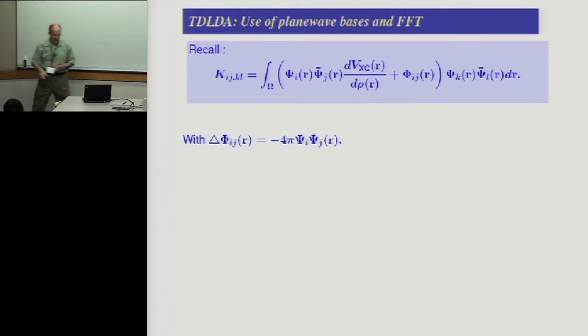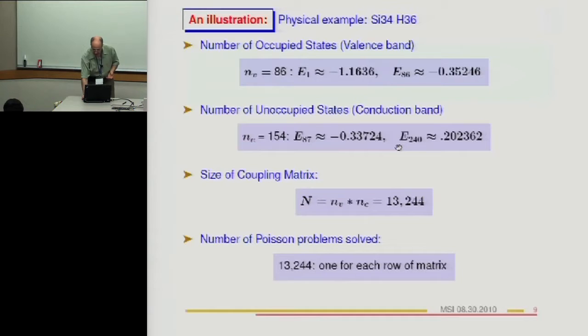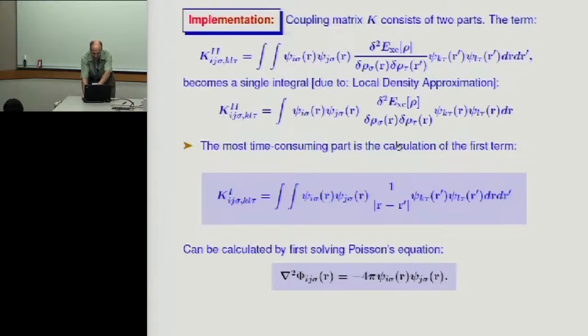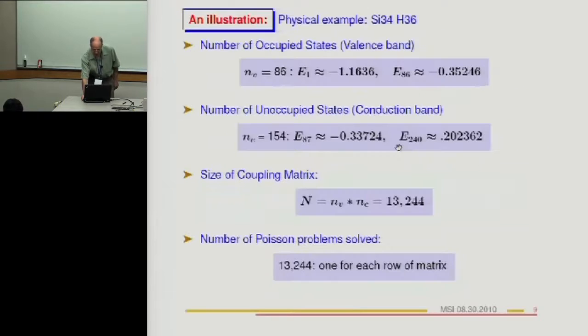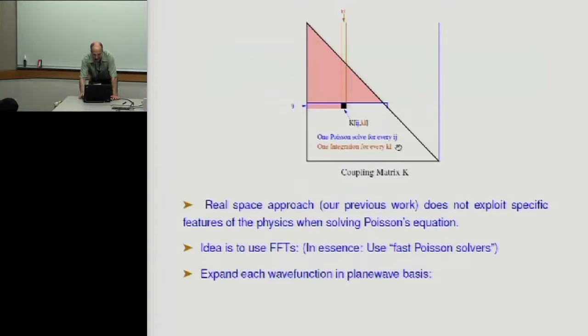So again, the bottom line is this Poisson equation that you have to solve. And this you could do if you expand the phi j, the psi i, and psi j in a plane wave basis, then the solution is trivial. That's the idea. The solution is very easy to do because the Laplacian acts very easily with just a scaling on those plane waves. So now this shows the picture of what I was talking about earlier.